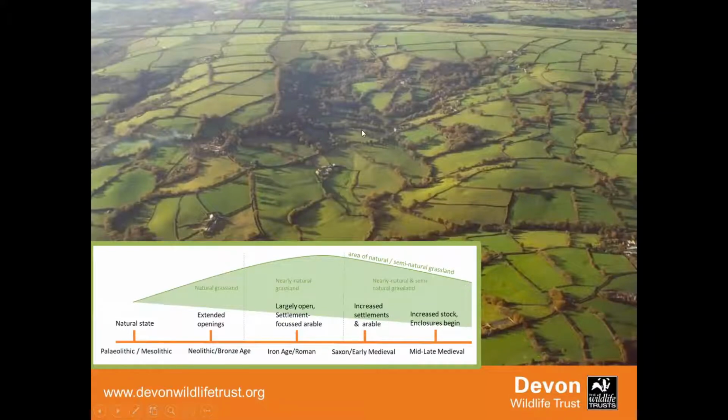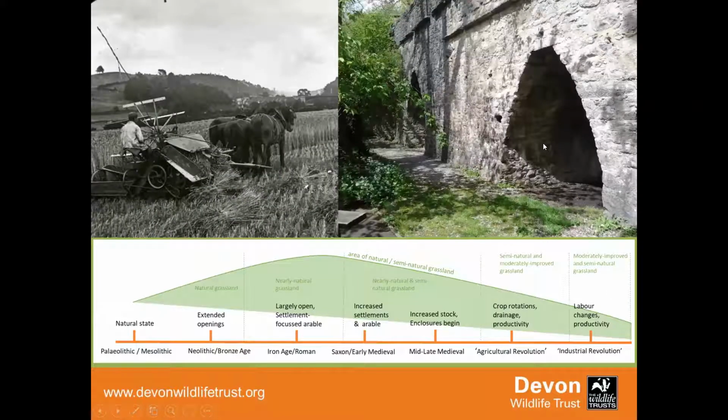So we're getting still nearly natural grasslands up on the ridges, but we've now got more of what we describe as semi-natural grassland in the enclosed areas. So moving forwards again, we're now into the agricultural revolution. There's different dates for this, but let's take it from the 1650s onwards. You're getting quite a big change. And this is where, if you read someone like Radcliffe, he talks about the dramatic loss of grasslands from 1700 onwards. And that really is that loss of downlands and heathlands and the likes.